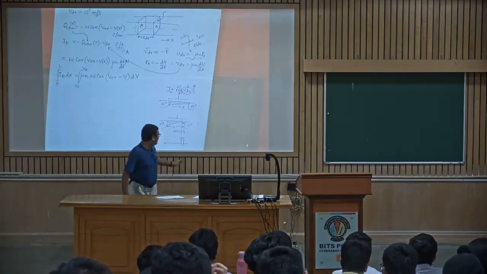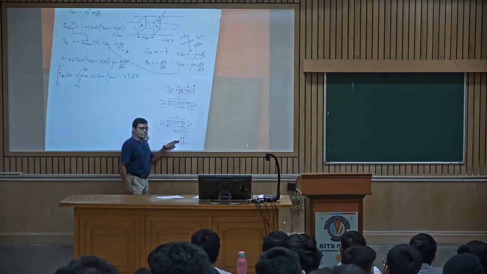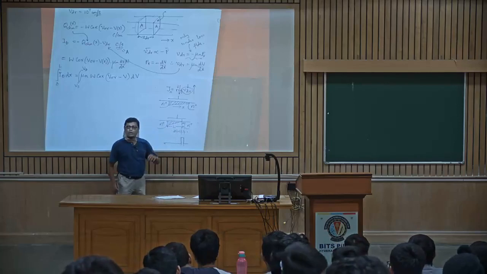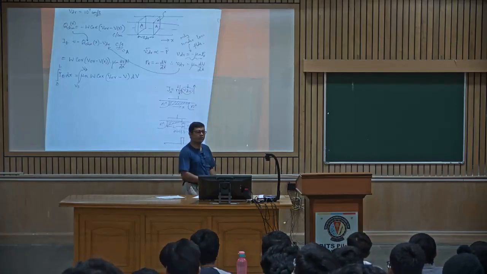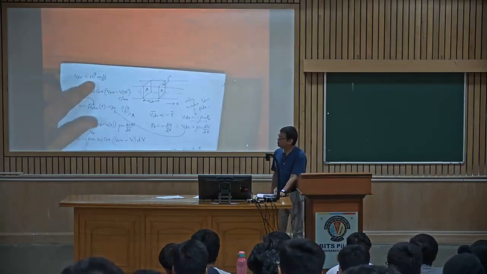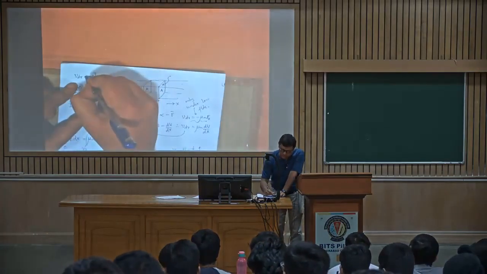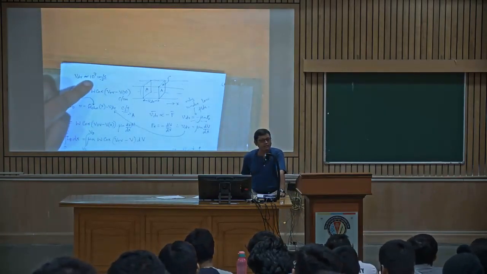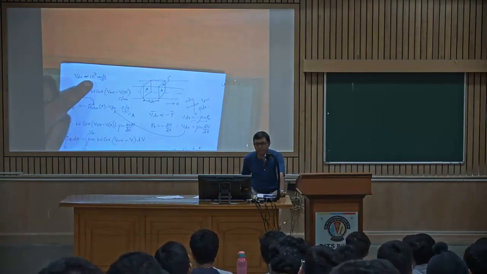Now at this point, this is a potential barrier. It will just pass through because it has reached the maximum velocity. Now, what is the maximum drift velocity of an electron in a semiconductor? That turns out to be something like what I wrote. Instead of equal to, we will put a tilde sign, in the order of 10 power 7. What is the velocity of light in centimeters per second?